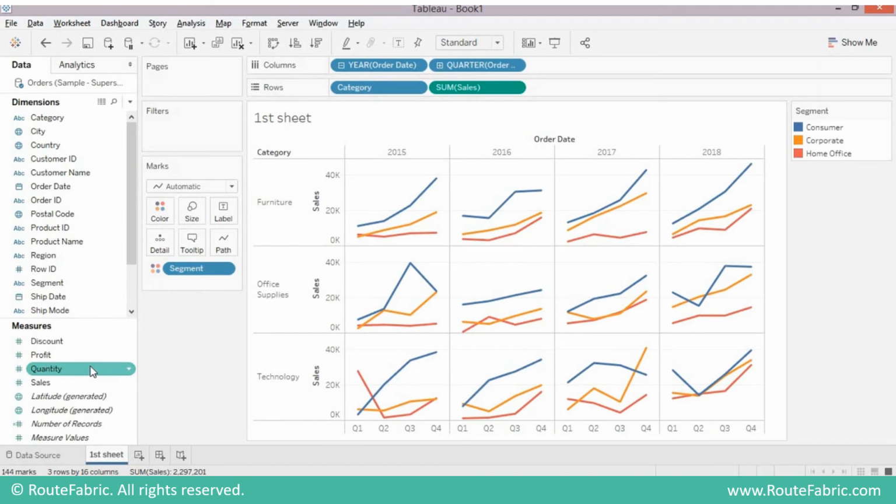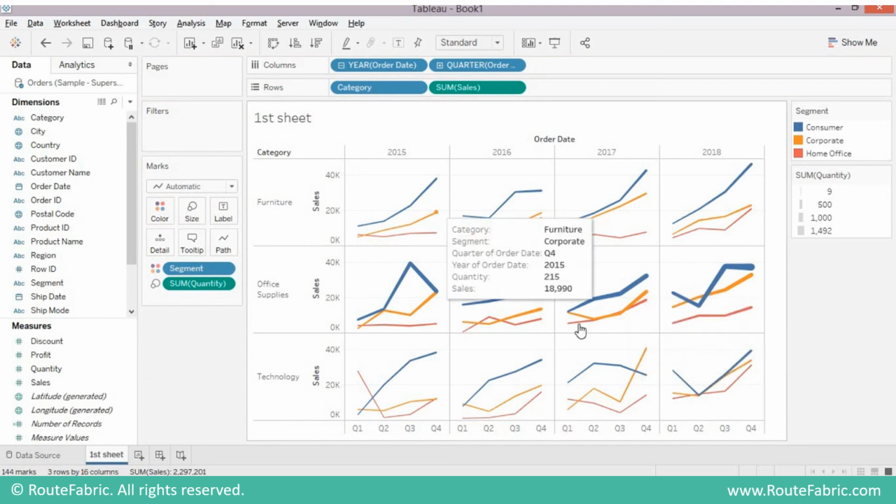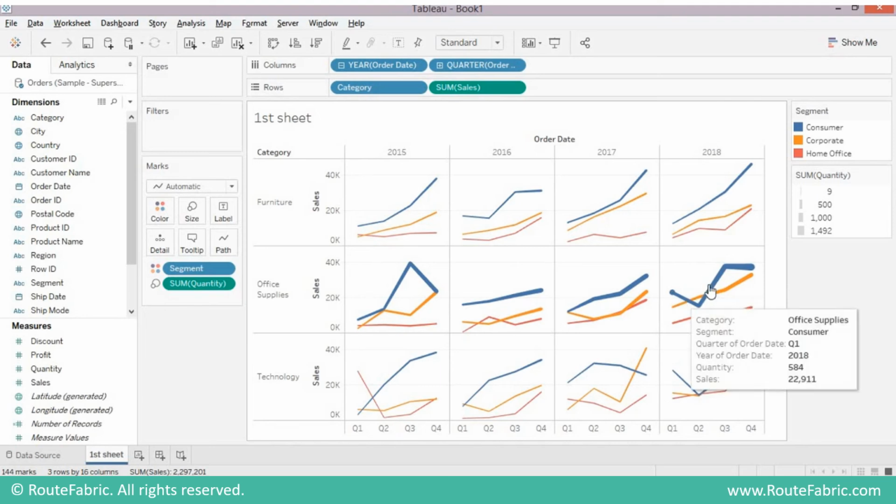Now we want to see how quantity is varying per year or per quarter. So what we'll do is move this quantity to the size mark. When you drop it here, you see the sizes of these lines have changed. The thickness of the line is changing according to the sum of quantity for that particular segment, category and date.